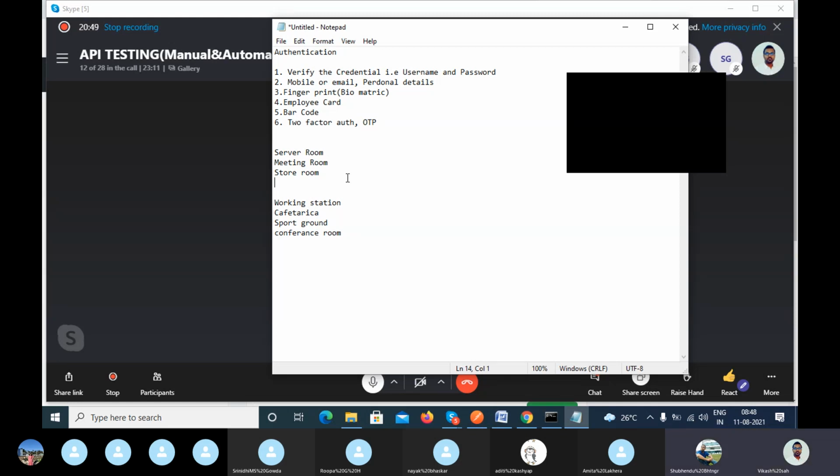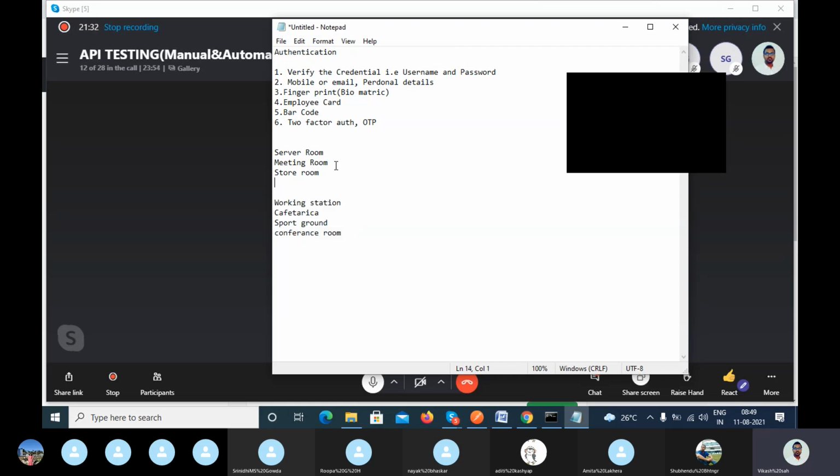Yes. Right? Similarly, the meeting room is a different thing. We can discuss it later. For the store room, if you swipe your card and the admin person has not provided access to that particular employee card, then you can't go inside, right? And the admin person, whoever gives the permission, if they have given permission for your card, you can enter this particular place. When you swipe the card, you can enter.